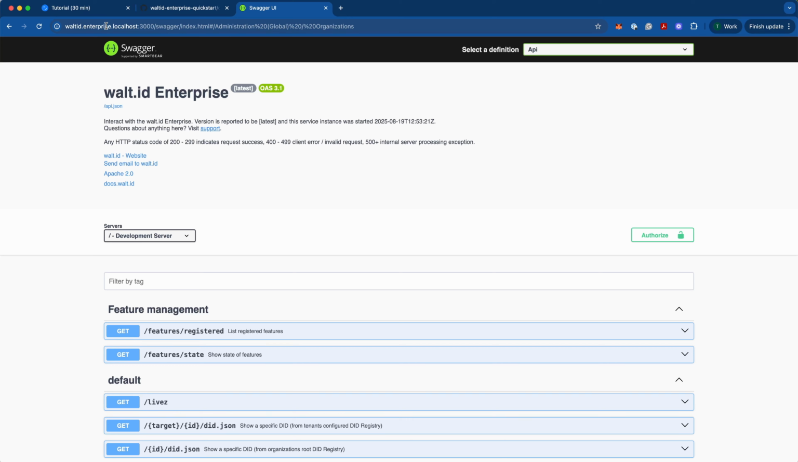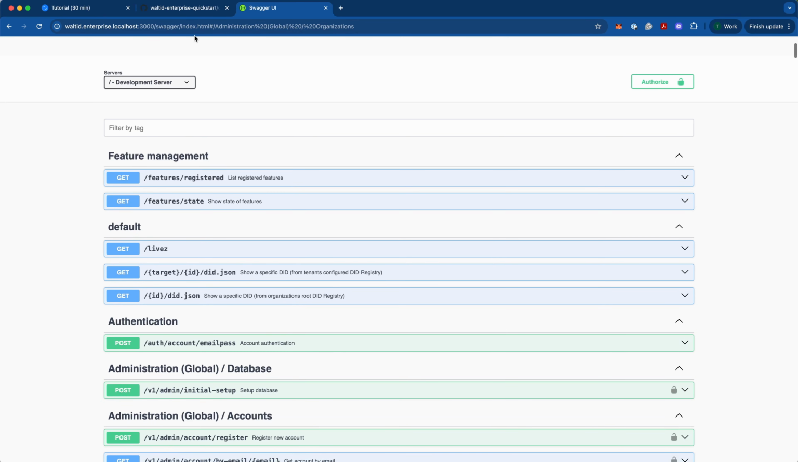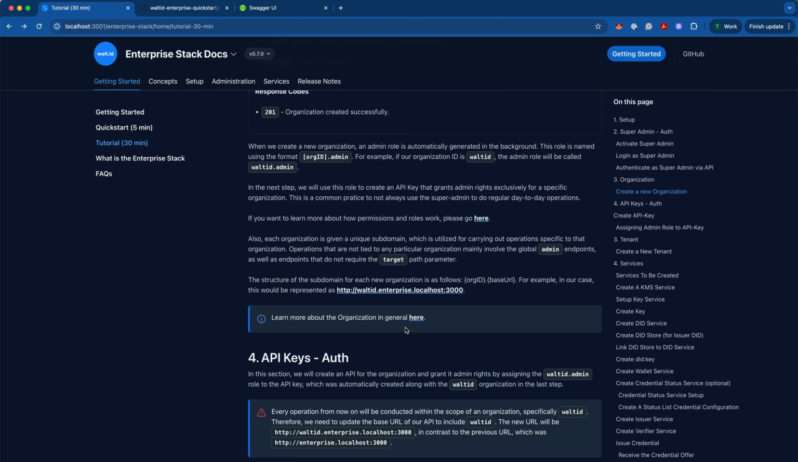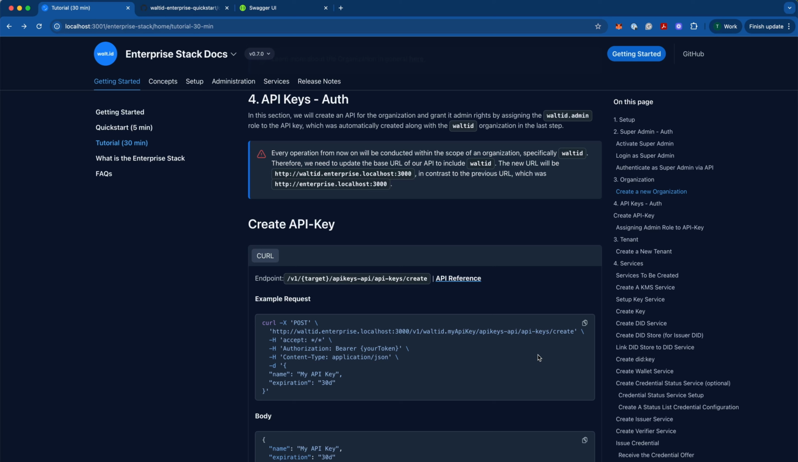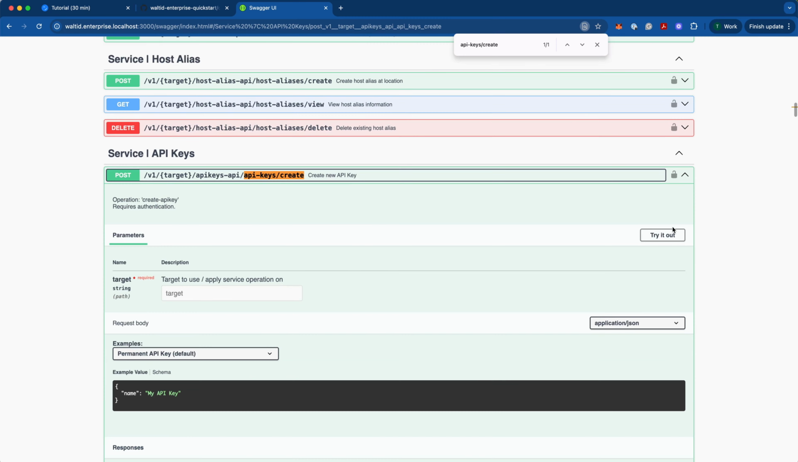So you basically create an organization for your organization, and then all the other organizations which are customers of yours become a tenant under your organization. So now we switch to the walt.id organization, and what we can now do is go ahead and create our API key. So we will go to the API keys create endpoint in the Swagger documentation